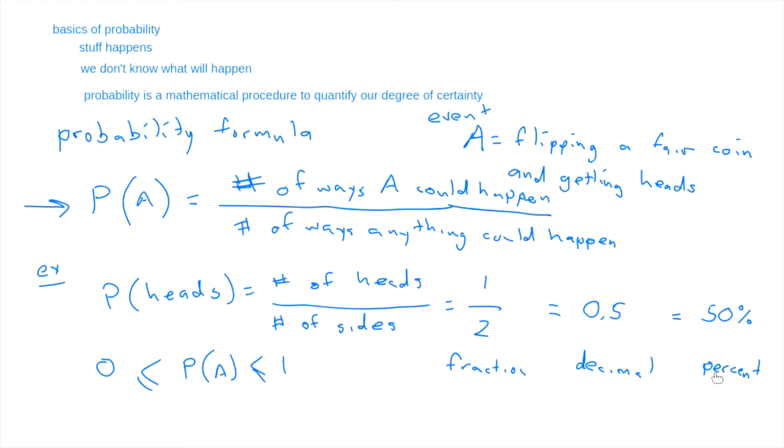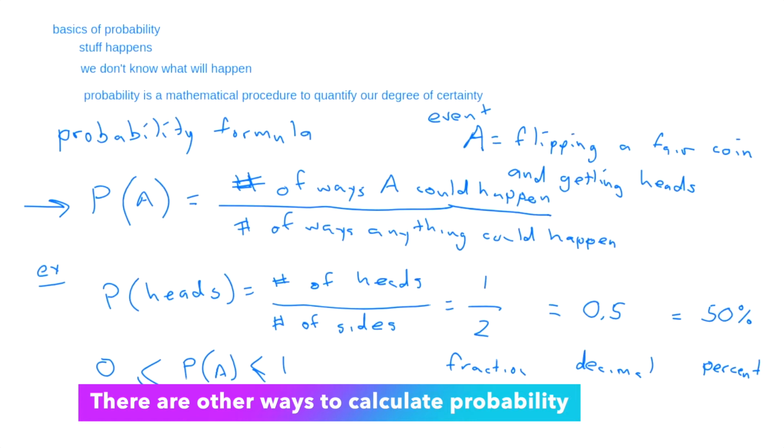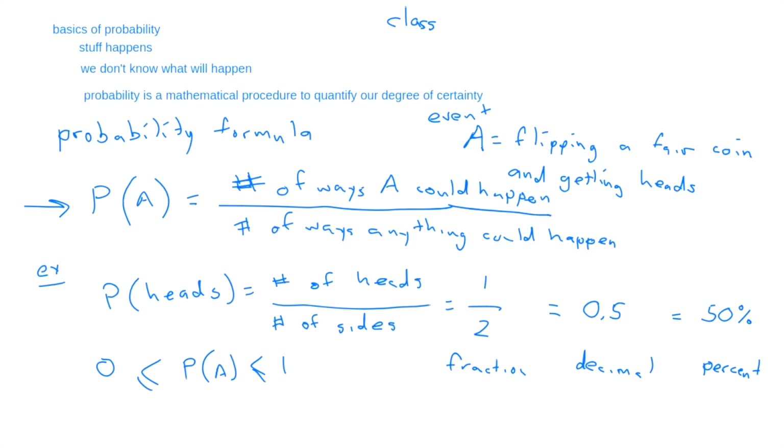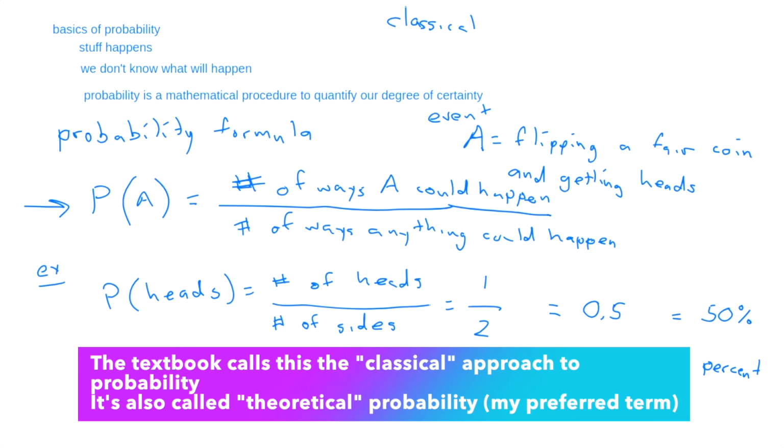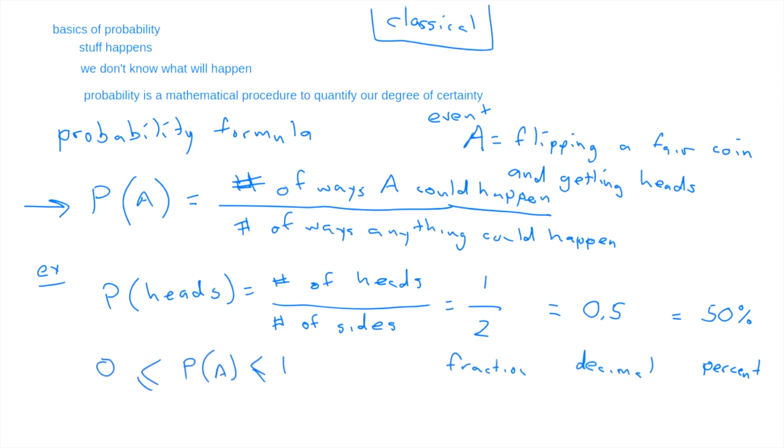So there you go. That's a whole bunch of stuff about probability. Now, I have to tell you the truth. This isn't the only way to do it. This is called, in our textbook, classical probability. Different books give it different names. So this is actually the classical formula. And the advantage of the classical formula is you don't have to get up out of your chair. And so someone like me, who's a lazy slug, is really fond of doing classical probability. Sometimes it's also called theoretical probability. And you'll hear me say that once in a while.